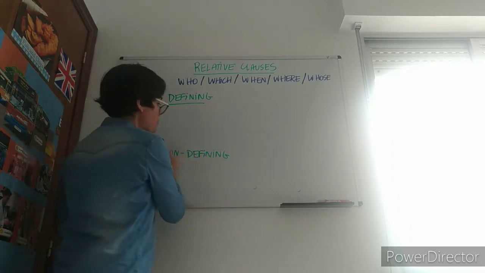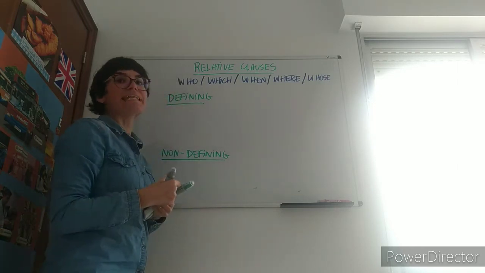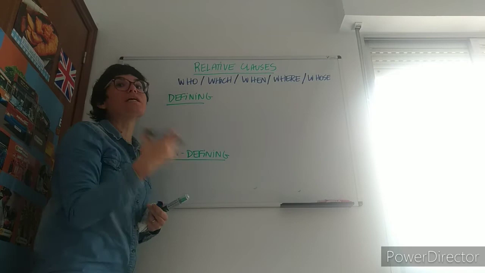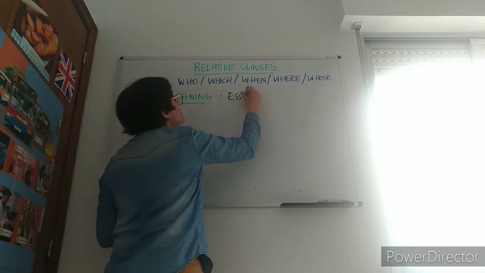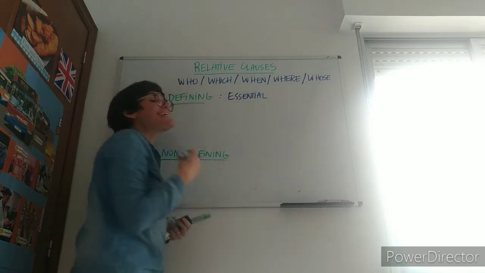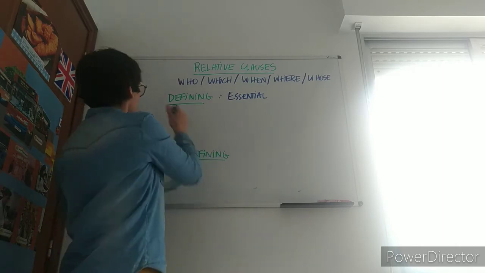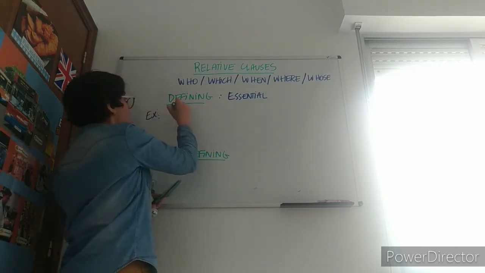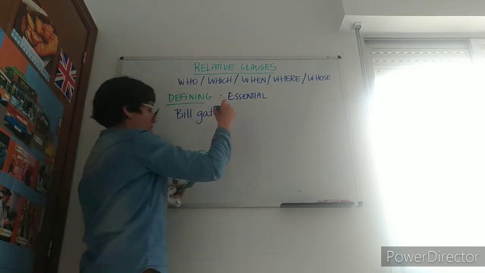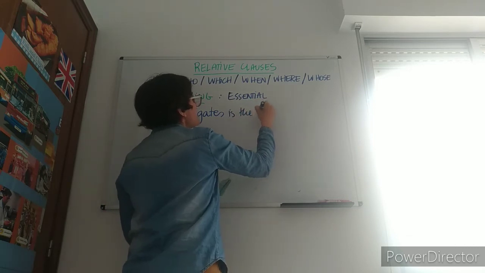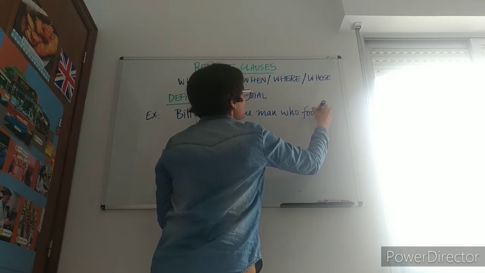So what is the difference between a defining and non-defining relative clause? Defining means that the information that this relative pronoun introduces is essential. It is essential information to understand the sentence. So for example, in the sentence, Bill Gates is the man who founded